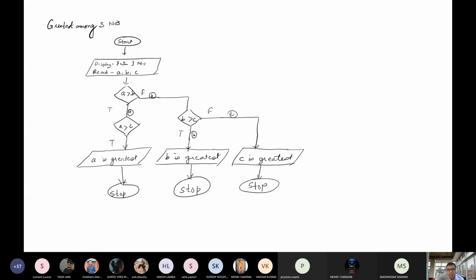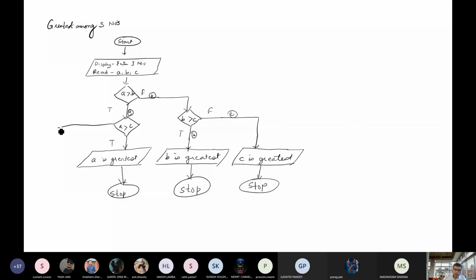So do you have any doubt related to this logic? No, sir. Yes. सर एक बार और समझा दीजिए. सर A is greater than C में false conditions की requirement नहीं है. A is greater than C में false की requirement नहीं है. बिल्कुल है, बिल्कुल सही, एकदम सही बात है.